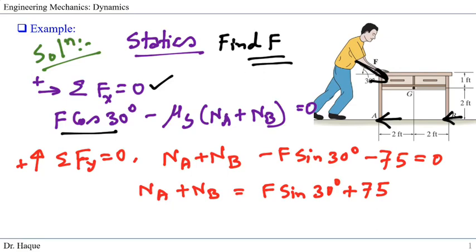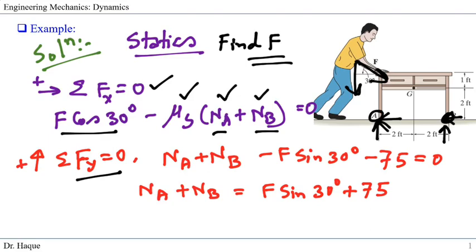And since we are talking about statics, I have to use the static coefficient of friction, and this is for the NA and NB. NA represents the normal force at the 2 legs at A, and NB represents the reaction at the 2 legs at point B. So this is our first equation. If we take the y component, summation of y equals 0, we again have the normal reaction at all 4 legs of the desk, so NA plus NB,